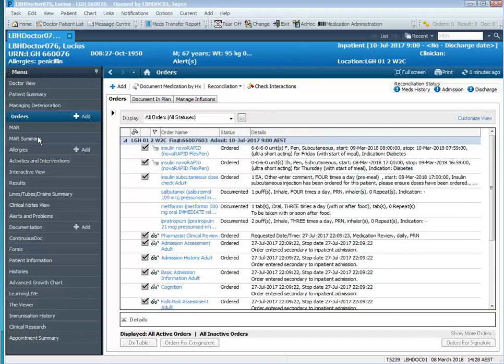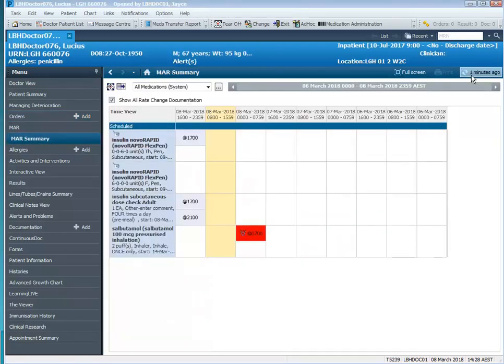And refresh the screen, and we always navigate back to the MAR or the MAR summary and refresh the screen and just make sure that that information has appeared on the MAR for us, and we can see here that it has. That is the end of the scenario for ordering remainder of the day insulin and also the dose for breakfast